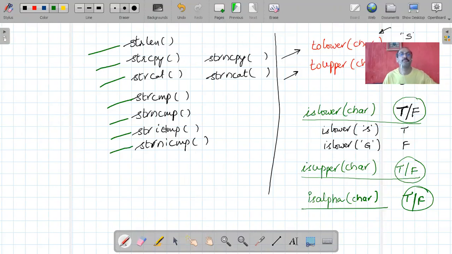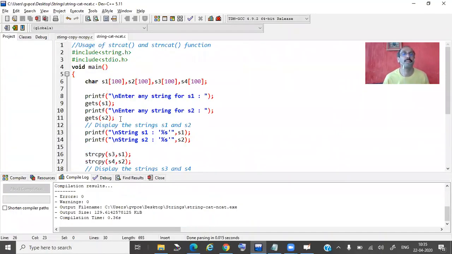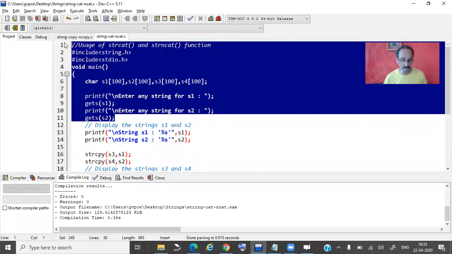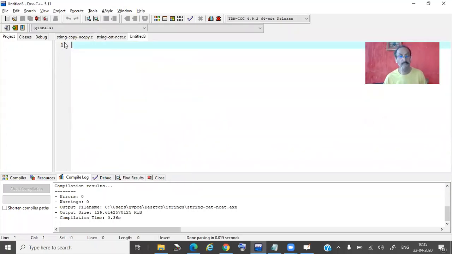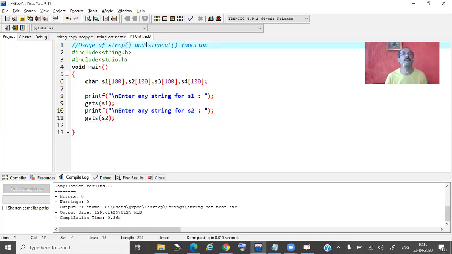Now we'll see how to use string comparison functions in our program. For string comparison also, I'll copy some of the code into the new program to reduce time. I'll write string comparison strcmp, strncmp, the other two functions will be